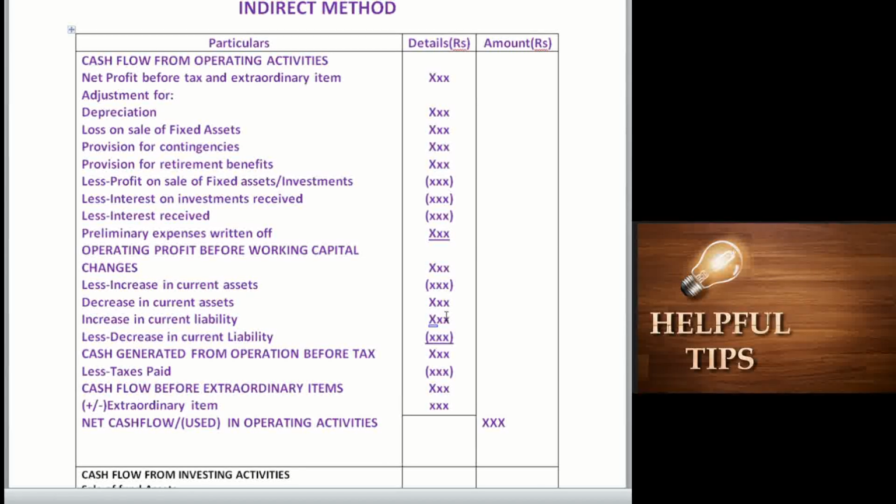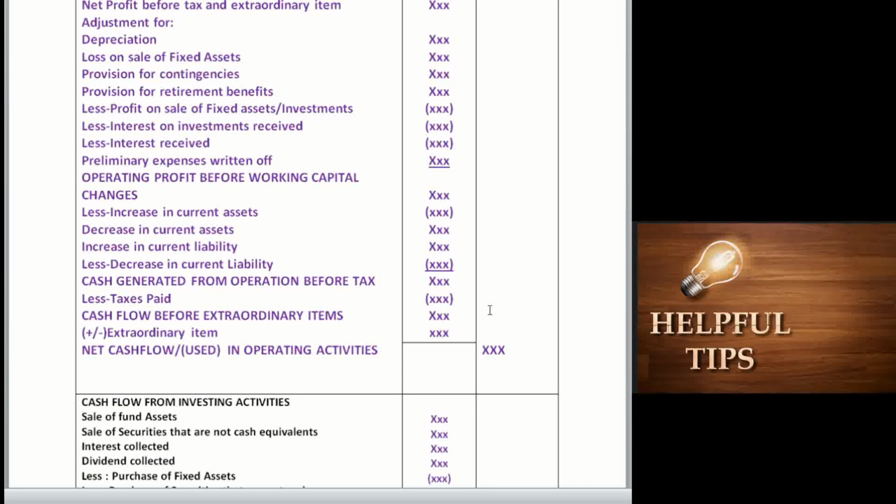करंट लायबिलिटी अगर बढ़ेगा, उसका मतलब आप पैसा पेमेंट नहीं किए, तो पैसा कहां गए, पैसा आपका पॉकेट में है, इसलिए ऐड हो जाएगा। सो इंक्रीज इन करंट लायबिलिटी ऐड हो जाता है क्योंकि आप लायबिलिटी पेमेंट नहीं करते हैं। डिक्रीज इन करंट लायबिलिटी अगर डिक्रीज होगा, दैट मीन्स यू आर पेइंग योर क्रेडिटर, you are paying the outstanding expense, so ये डिक्रीज इन करंट लायबिलिटी में लेस हो जाएगा। इनकम टैक्स फिर पेमेंट होता है तो लेस हो जाएगा। एक्स्ट्रा ऑर्डिनरी आइटम में आपका रिसीव होता है तो ऐड होगा, पेमेंट होता है तो लेस हो जाएगा।